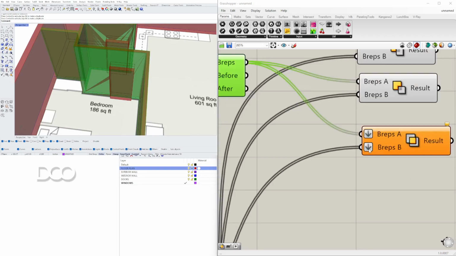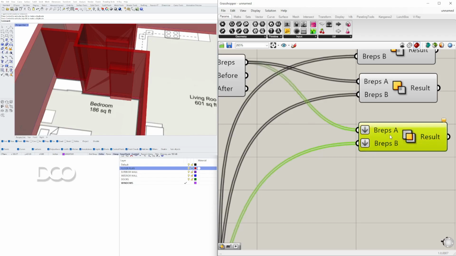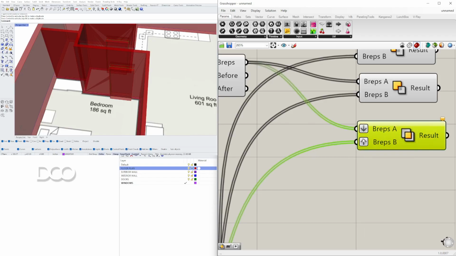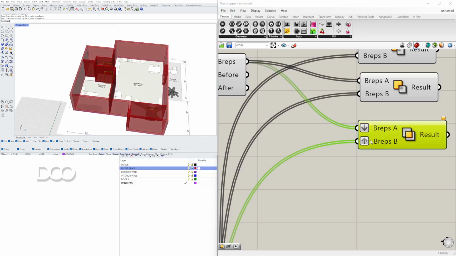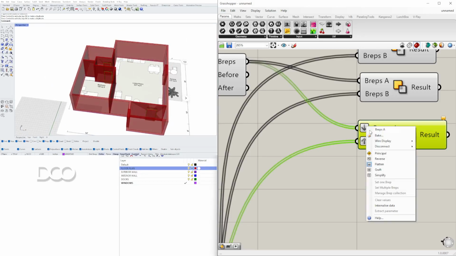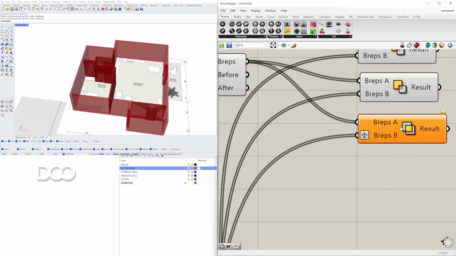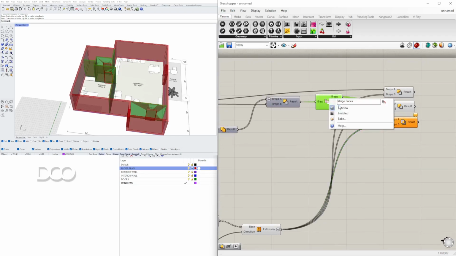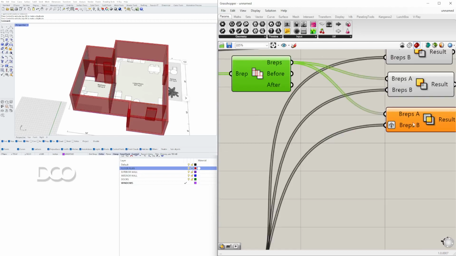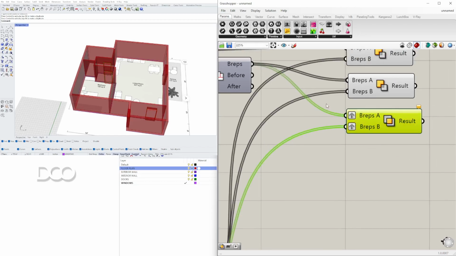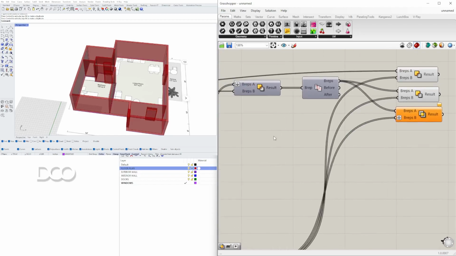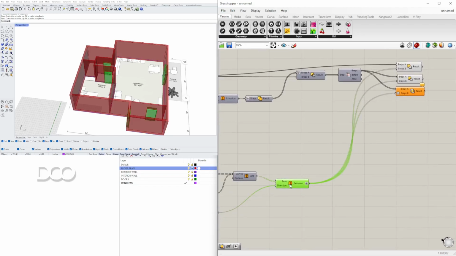It's gonna have to be graphed on this one. Because graphed, that means that it'll do it to all of them in a separate list and only do one of these. If I disable the preview here, pretty sure that if I do graphed here, it's not gonna work. This will work, but just make sure we don't do anything. And now disable the preview on this, and you'll see we have